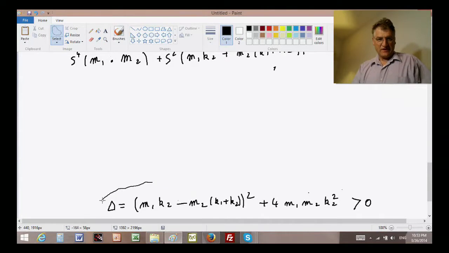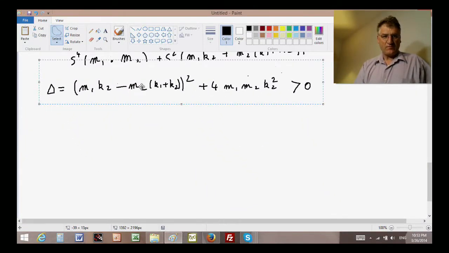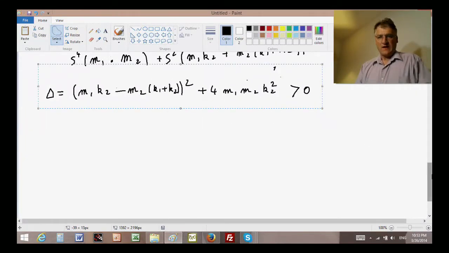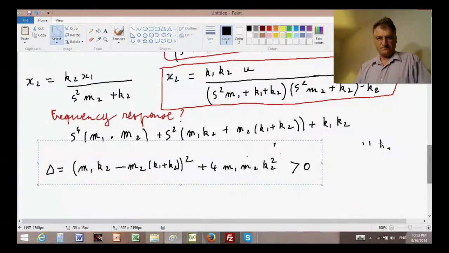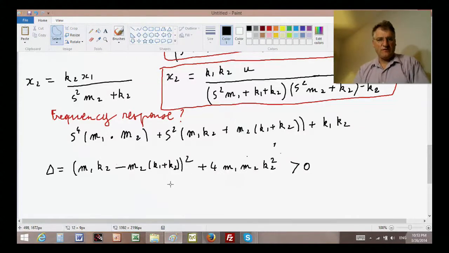We now select this thing, we move it up, and we are now ready to restart our developments. The first root will be S1 squared is equal to minus M1 K2